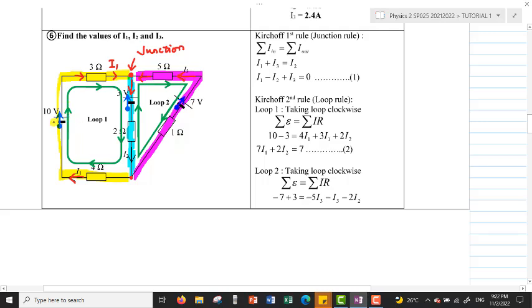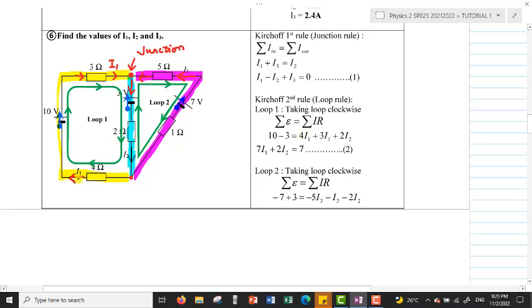So compare the direction of EMF with the directions of the loop, how we travel in the loop. For the 10 volt, we find out that the directions of EMF and the loop are the same, so it will be positive 10. And then if we compare the direction of the 3 volt EMF with the direction of the loop, it will be opposite. So it will be a negative sign for 3 volts, so we have negative 3, then equal to, so the current